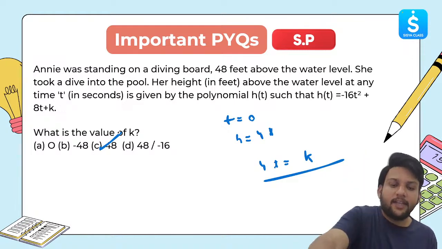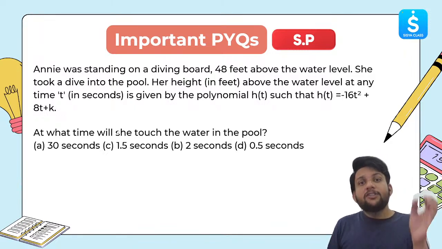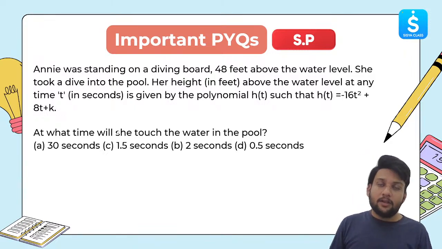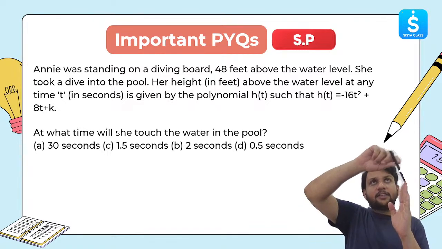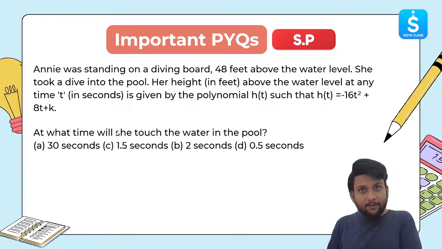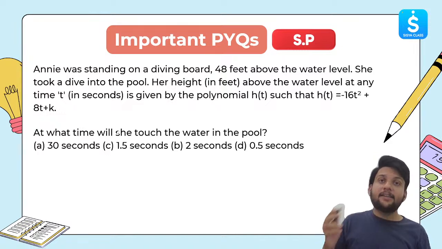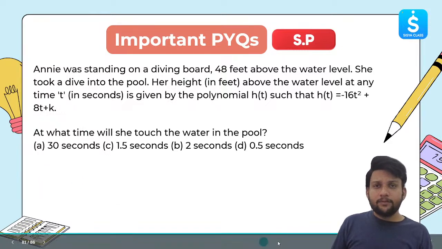Great. Let's move to the next part now. The next part is, at what time will she touch the water in the pool? Now, see, she is going to take a dive like this. That means her height should be 0 at that time, right? If she is reaching the water level, the height at that point will be 0. Then what will we do? We will just do